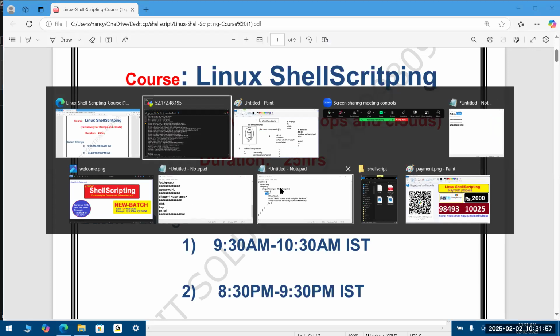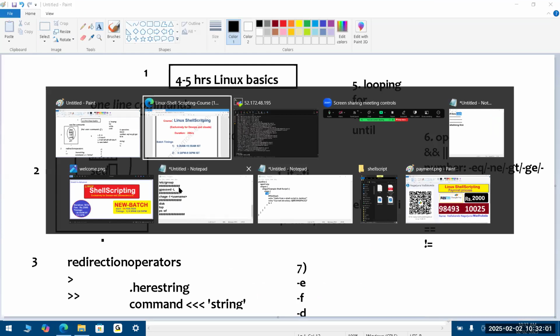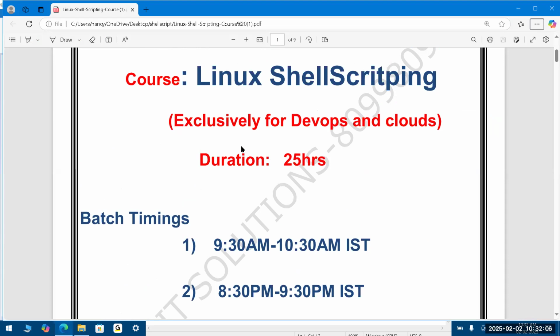What we have to complete in a proper way. This is the same order, same content is available. You can see it is divided into multiple parts. And coming to training, exclusively 25 hours plus 5 hours is Linux basics, Linux commands, shell scripting, from scratch to